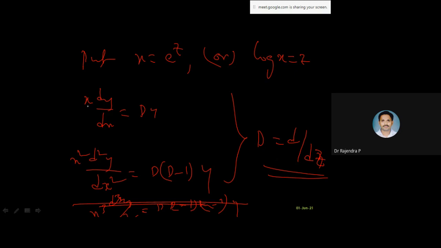So I'm going to follow the same procedure for each and every problem. Let's start with one problem for Cauchy's equation. It is just derived from Legendre's, so these problems will be easy for you. The thing is, have you identified this as a Cauchy homogeneous linear differential equation? That is important. Of course, the first time you may not identify it. After doing a few problems, it will be easy to identify whether it is Legendre's or Cauchy's.